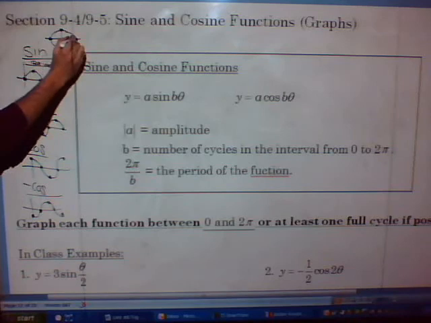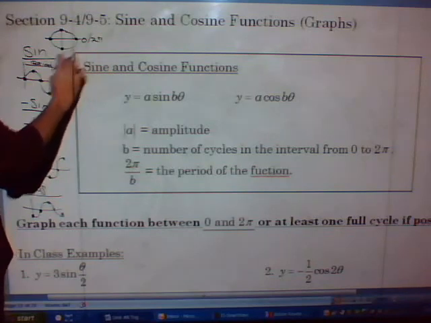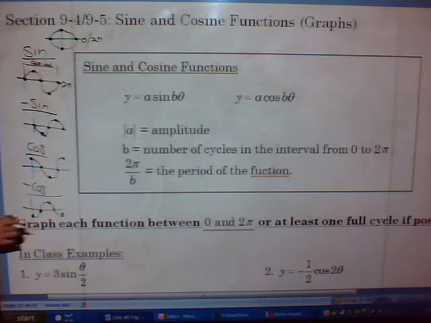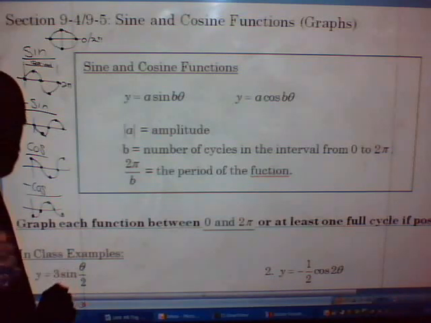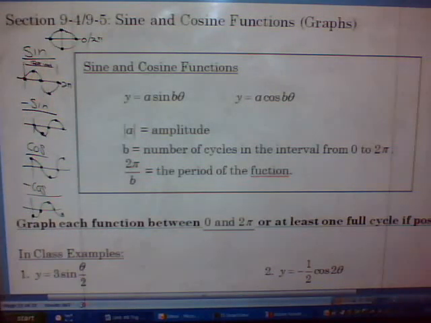1, 2, 3, 4, 5. Because remember, this point is 0 and 2 pi. So it represents both. Okay? So those are going to be the 5 points you're going to use to sketch your graph. You're going to need to know what these 5 graphs look like, so that you can then go ahead and sketch the graphs. So we're going to do 3 examples here, and then you'll be on your